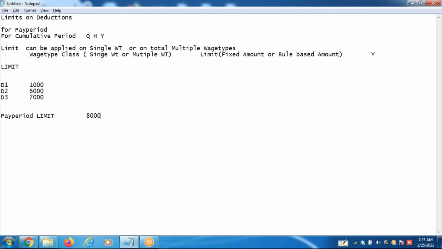On which wage step would you apply the limit? See the total of the three together, how much? 14,000. How much do we need to reduce from this? 6,000. We need to reduce 6,000.